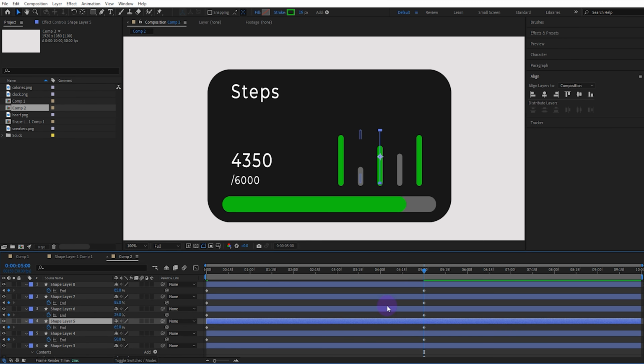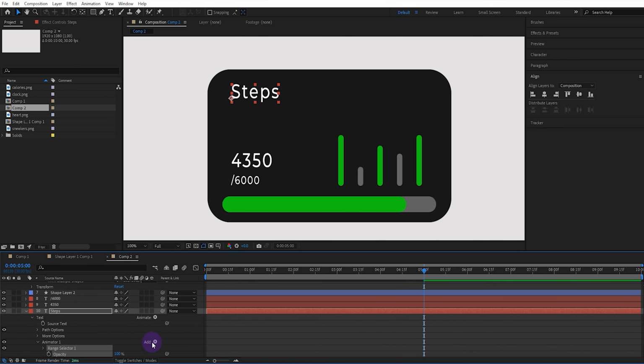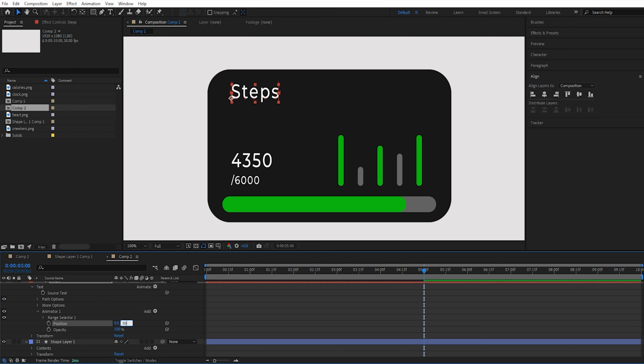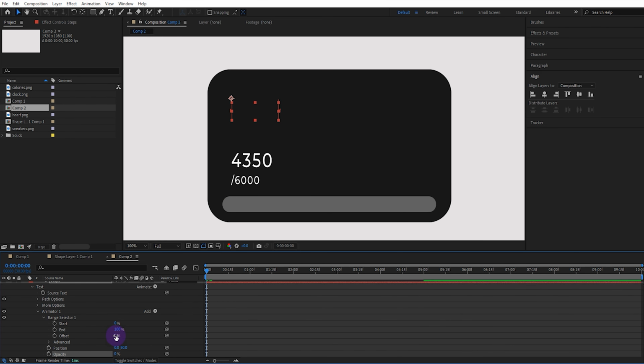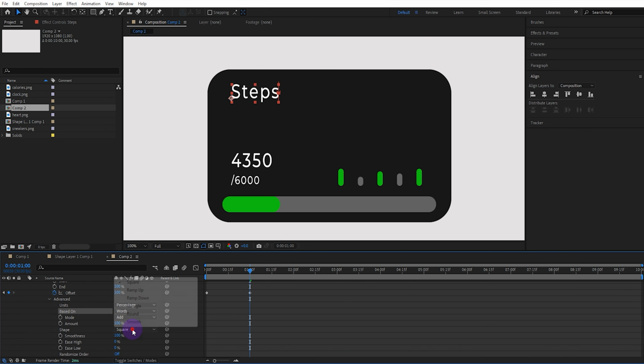Now let's move on to the text animation. First, add opacity to the animated text, then add position from the animator. Set the secondary position value to 50 and the opacity value to 0. Let's open the range selector, set the starting offset to -100, and start the keyframe. Go forward 1 second and set the offset to 100. Open the advanced settings, select based words, choose Ramp Up as the shape, and set the ease low value to